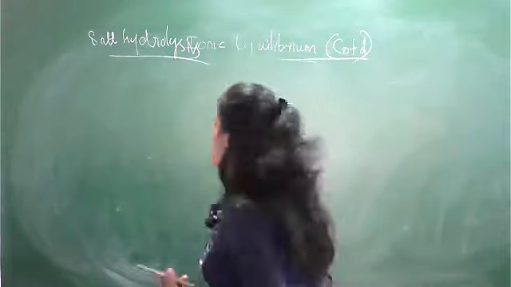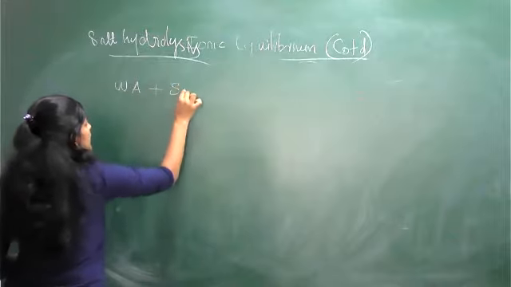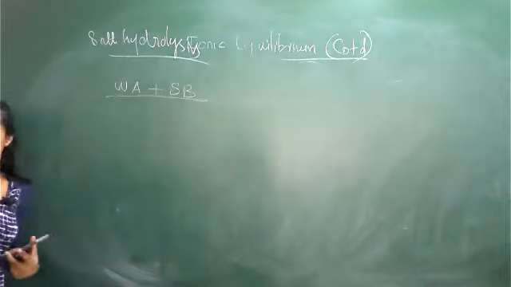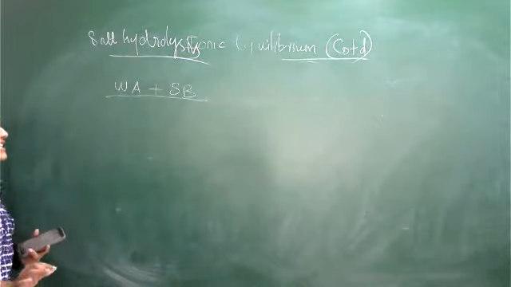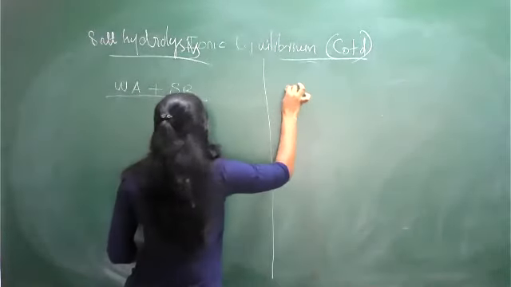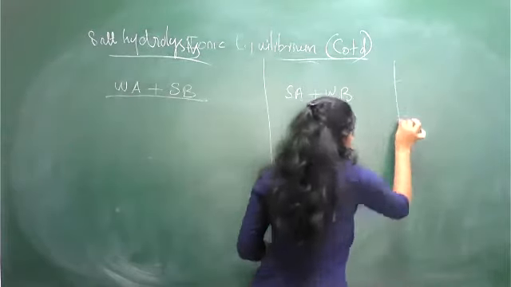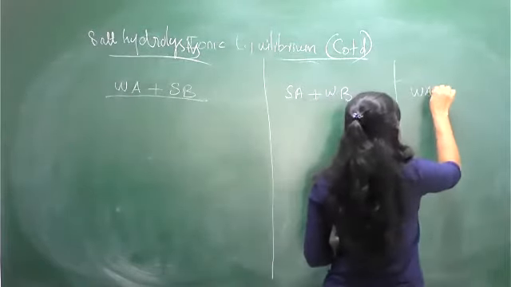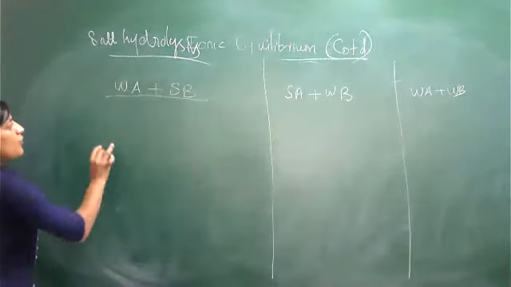Okay, let us start. The topic weak acid is starting from the weak acid plus strong base combination in the initial step. Weak acid, strong base. First step. Students, listen to me. The same procedures are repeated for strong acid plus weak base. Similarly, for the weak acid plus weak base condition, the same steps are repeated. That's why listen for one.